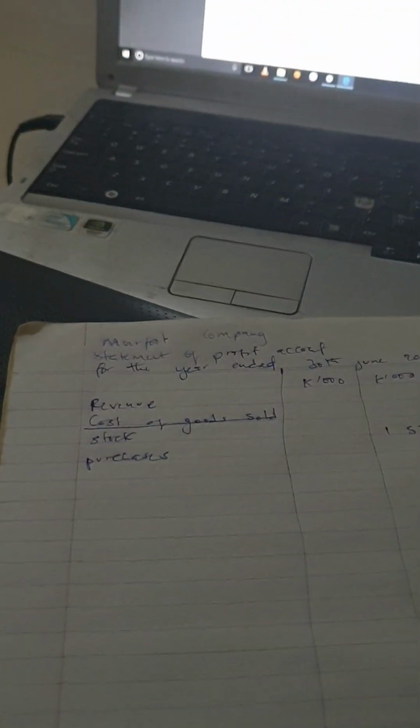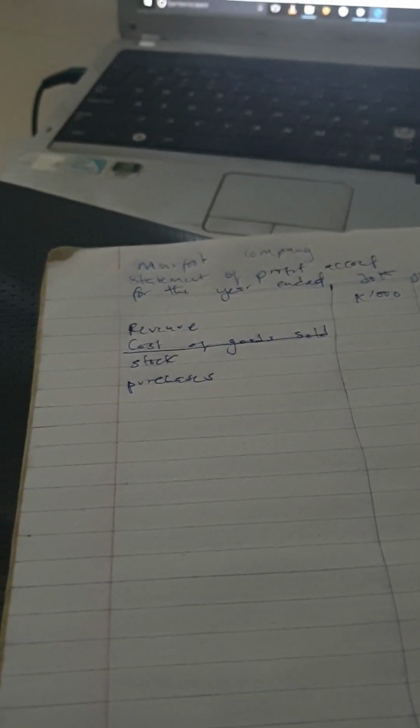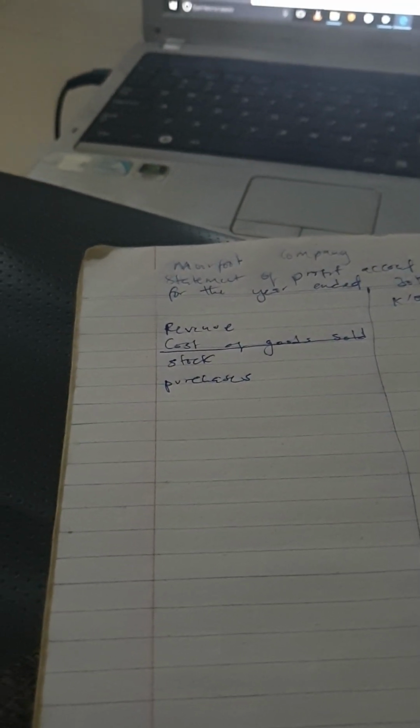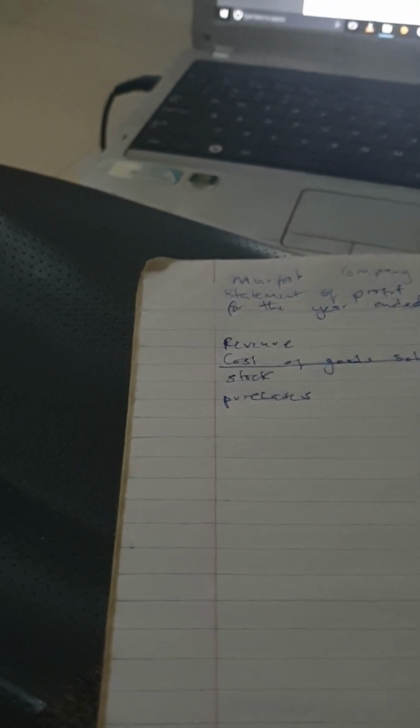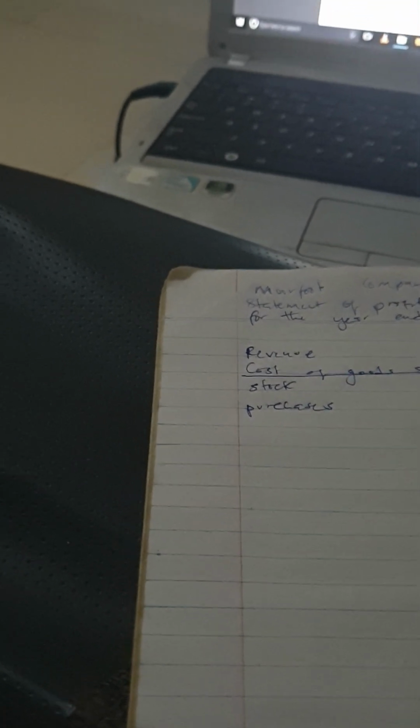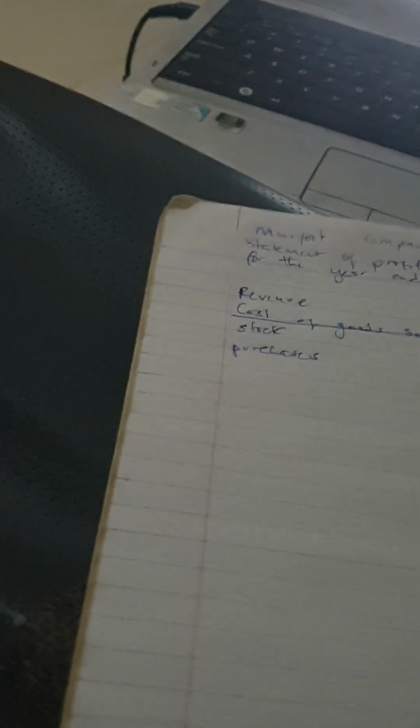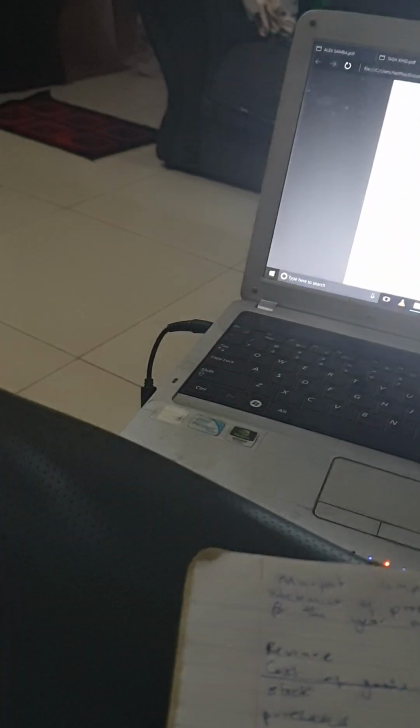The figure of purchases which comes in the middle column is the net purchases after the adjustment. The adjustment on purchases comes in when we have returns outwards and also carriage inwards. For returns outwards we subtract, and for carriage inwards we add. If you have any of the two, you do it following the same way. If it is carriage inwards only, you add it. If it is returns outwards, you subtract it. If you have both, you add one and subtract the other. Then the final answer is the one we're going to take in the middle column. So looking into our question,